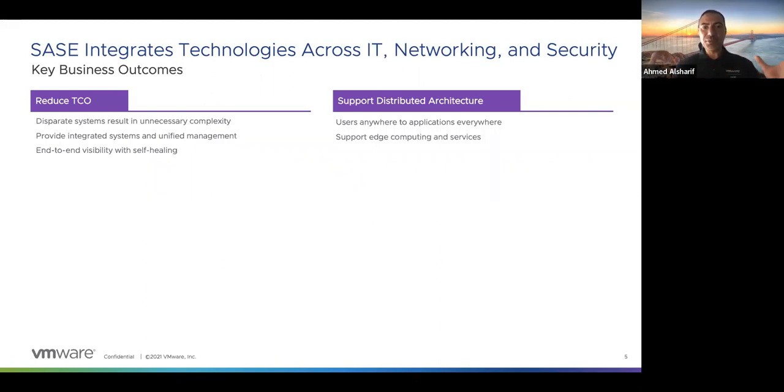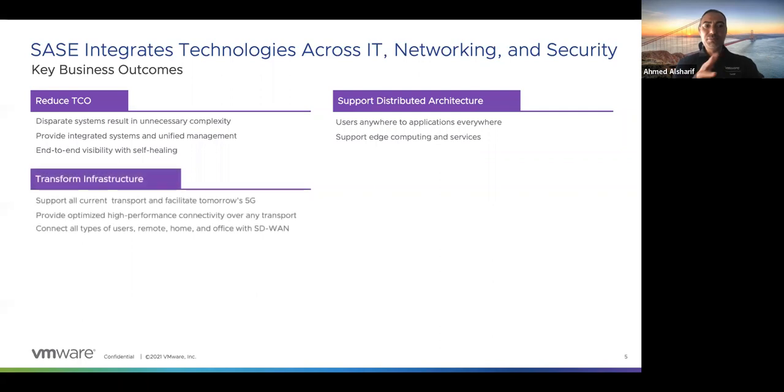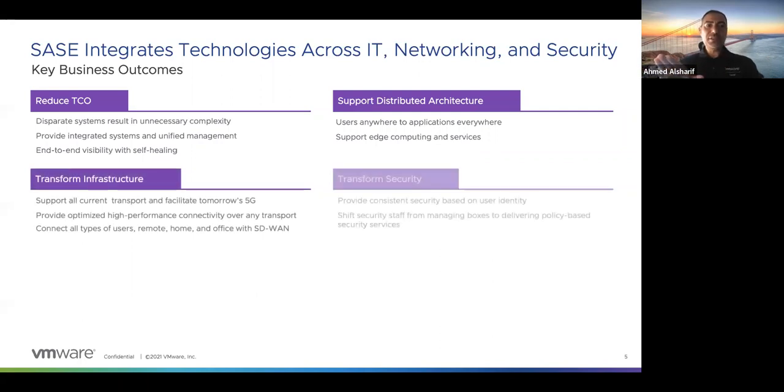You need to support compute and services at these edges. And the edge means a lot of things. If you talk to a service provider about the edge, they will say, oh, far edge or near edge. My tower is the far edge. My near edge is the PE device that connects that tower. If you talk to a customer, his edge means the device that he has in that branch. But the common thing when we talk about distributed architecture is the closest point to the users. This closest point to the user must provide a lot of services, not only connectivity like what we used to have in the past. Okay, so transforming the security and transforming the infrastructure.